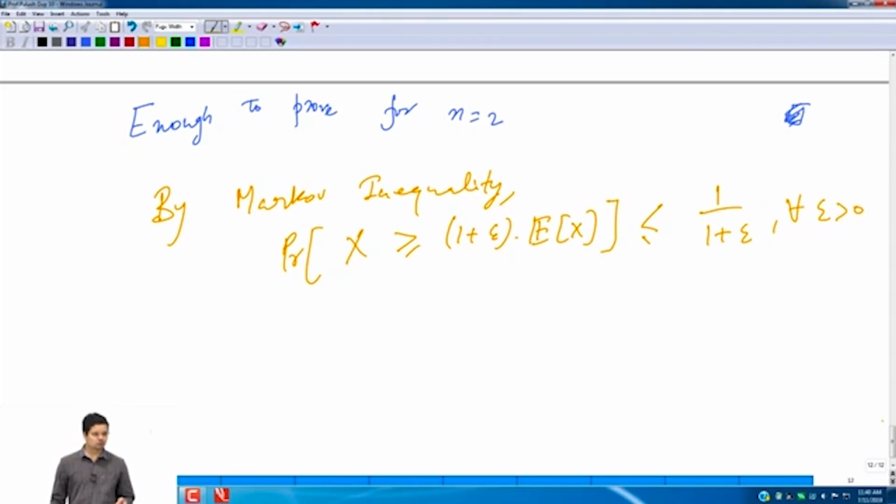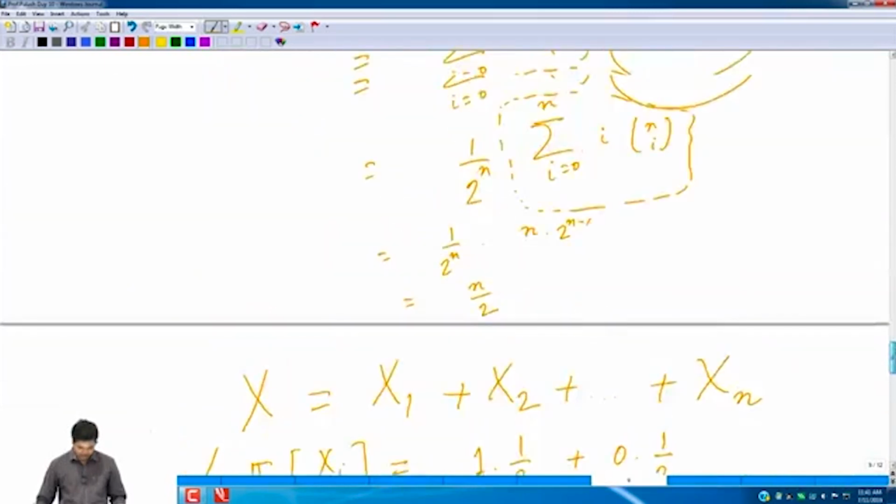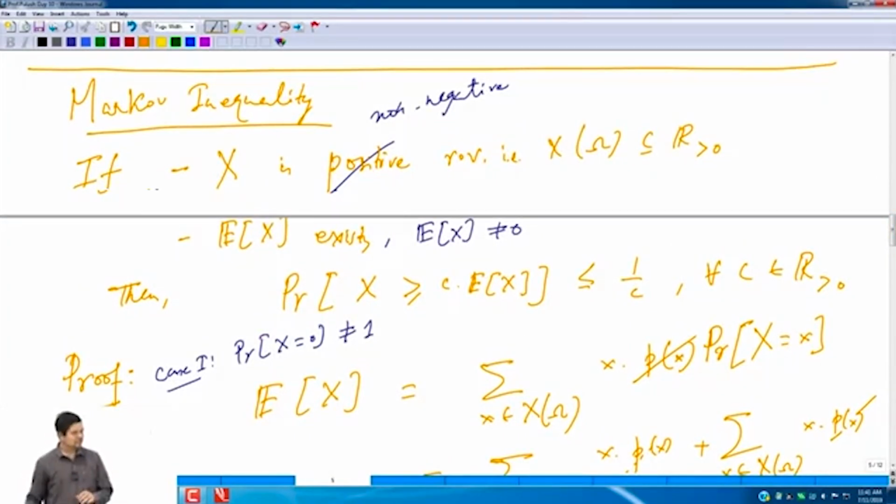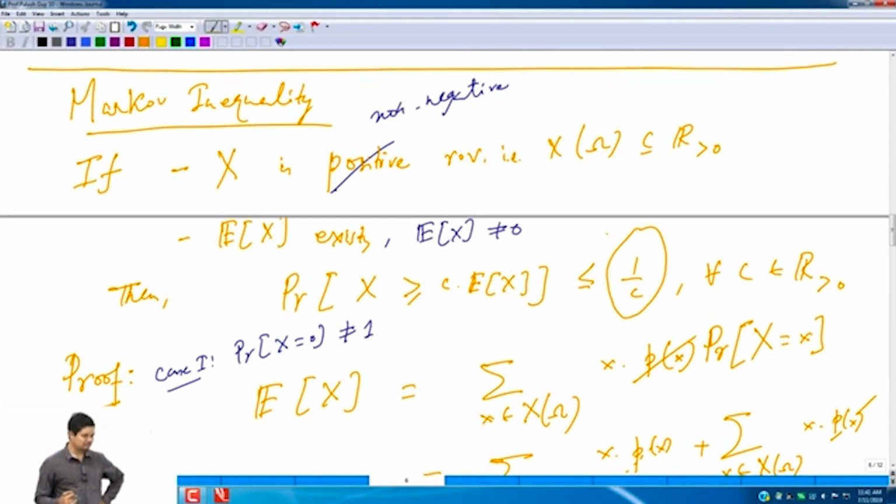That's why we call it a weak inequality. But I leave it as an exercise or for tutorial brainstorming that, with the kind of assumption that Markov used, this is the best one can hope for. What do we mean by that? That there exist random variables which satisfy those properties and for which the Markov inequality is actually equality. This Markov inequality is tight. Tight means it can't be improved. Can't be improved means that the right hand side can't be decreased further.